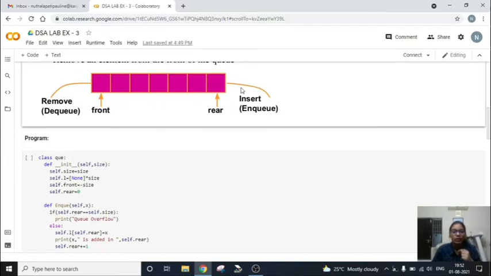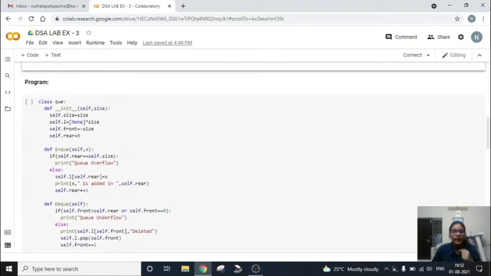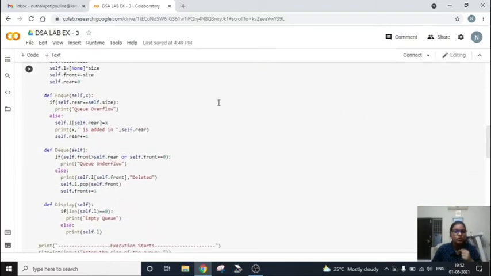We cannot add extra values like 8 or 9 values. We can only enter 7 values. So when the rear is equal to the size, it means the queue is full, so we cannot add any more values. If this condition is true, then it will say the queue is overflow, which means the queue is full.